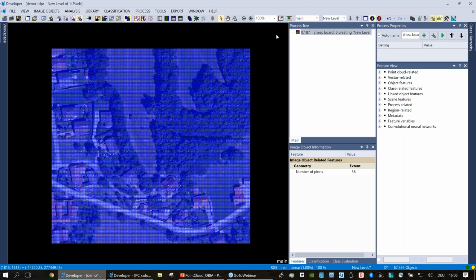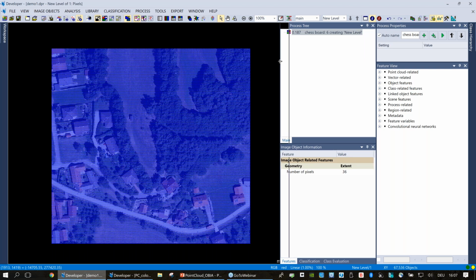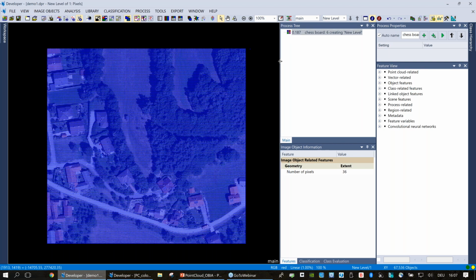So the next step is, once I have image objects, whether they come from a chessboard segmentation, a multi-resolution segmentation, or a threshold segmentation, there are various segmentation algorithms available within eCognition. Regardless of how I create these image objects, I need image objects, and then I can convert these directly into a point cloud. There is a newer algorithm available within Developer, and right click within my process tree, say